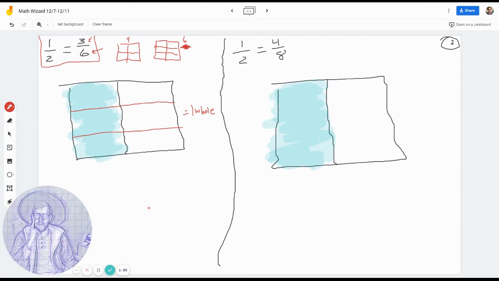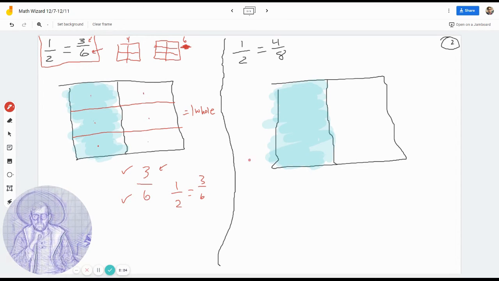Okay, let's check. Have I made 3, 6? And we'll check off our 2. Do I have 3 pieces now highlighted? 1, 2, 3. Yep, check. Have I made it so that 1 whole pan of brownies is 6 pieces? 1, 2, 3, 4, 5, 6. Check. I've made a model that shows that 1/2 is equivalent to